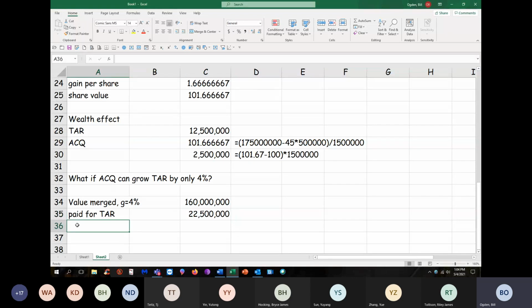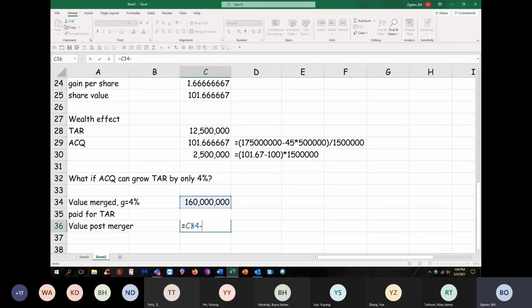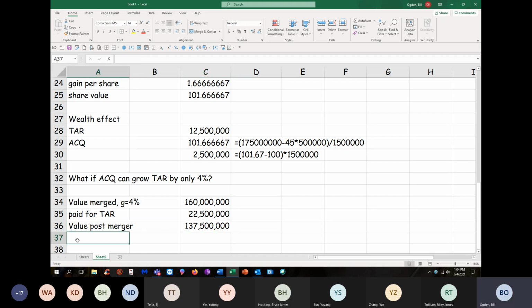Okay, so what is the value of ACQ? Or value post-merger. All right, so just subtract what they're worth minus what they paid to be worth that. And now they're worth 137,500. Right, and how many shares do we have in